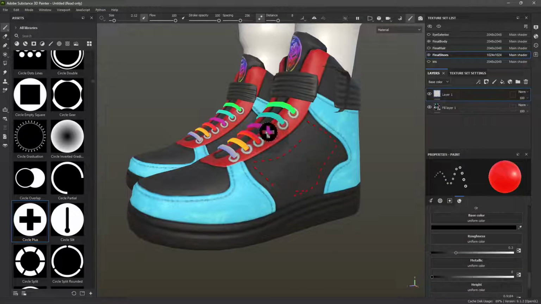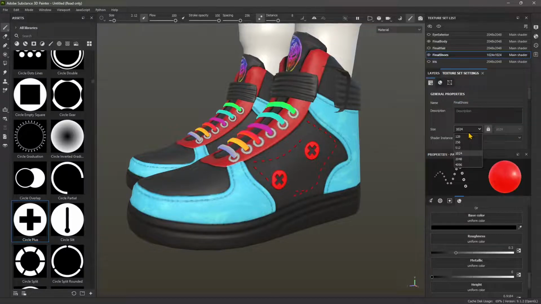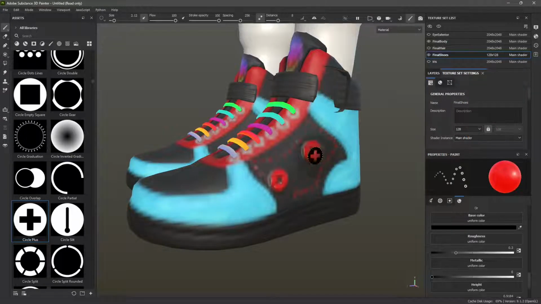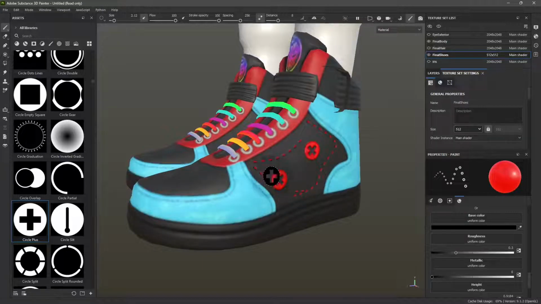So be careful with the lazy mouse, because you need to drag, you need to be outside the lazy mouse in order for them to start to appear. So you can see how many things we can do here. And that's the texture settings. Let's decrease this to 128. You can see the difference. So be careful to choose the right